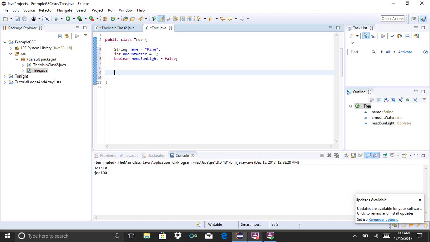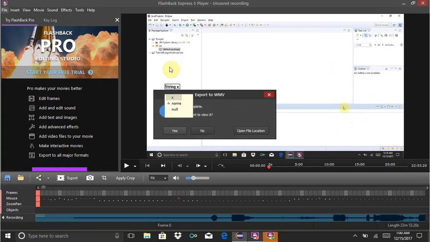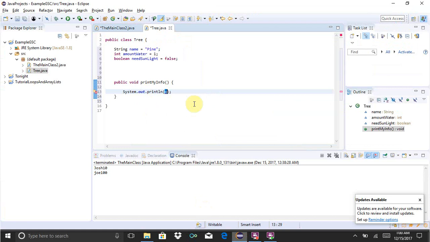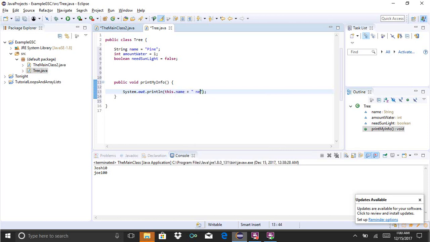And in this, we're going to have a method called print my info. And in it, we're going to call system.out.print. And we're going to say, okay, this dot name plus needs plus this dot amount water plus gallons a day,